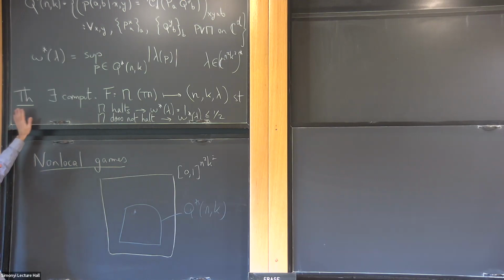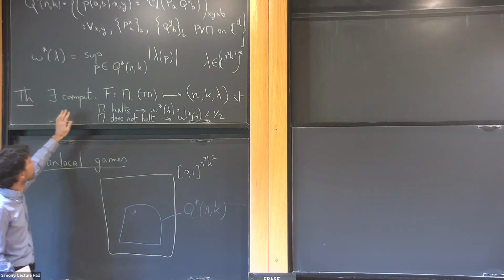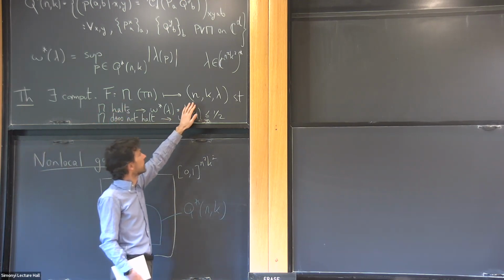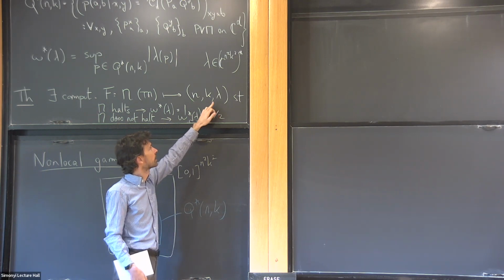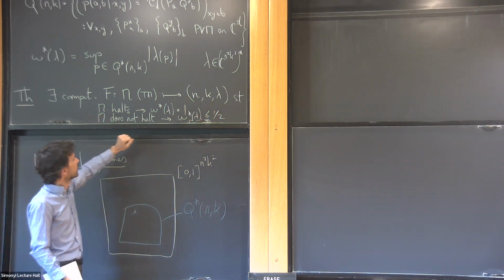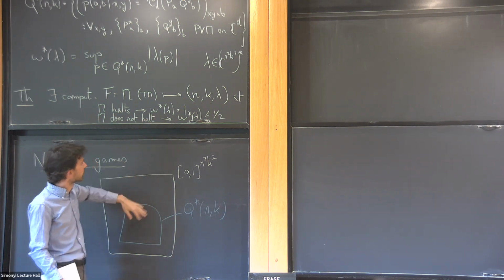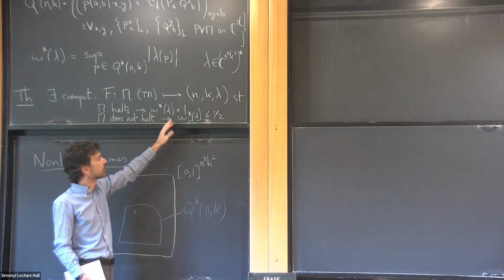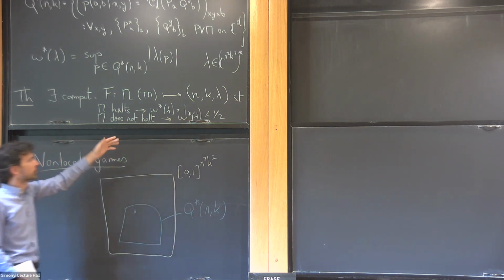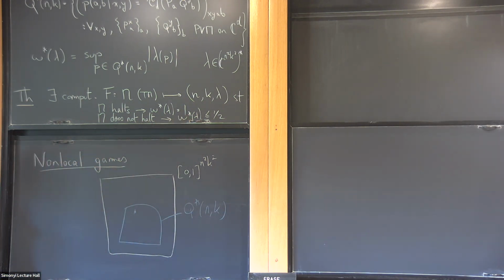So this we did not show, it's our candidate. We want to show that there is a computable function that maps Turing machines to integers nk and linear functions lambda on that space, such that if the Turing machine halts, then the optimum of the linear function on the set is 1, and if it doesn't halt, then it's something that's less than 1. This is just by convention. It doesn't matter. It's just something strictly less than 1.